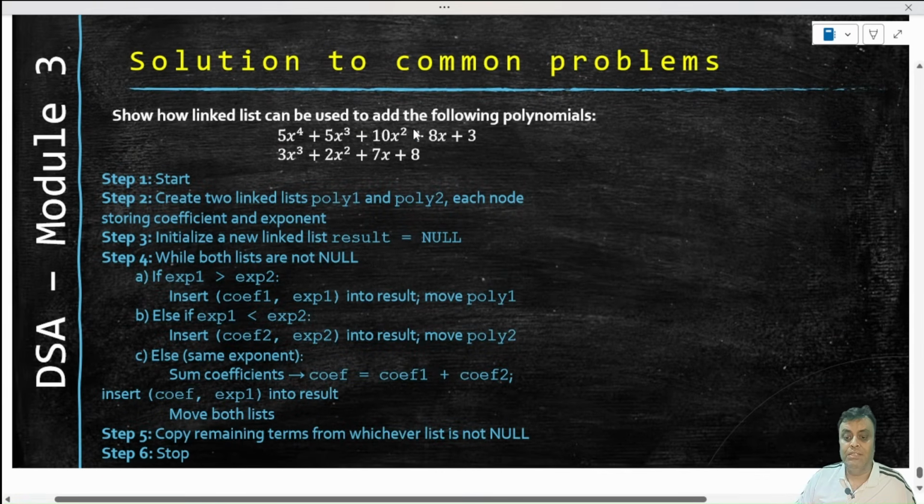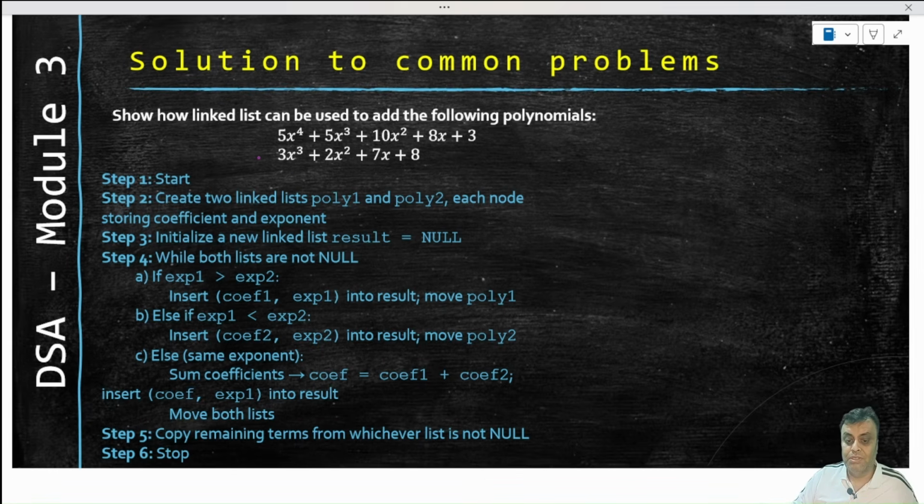Show how the linked list can be used to add two polynomials. So these are my two polynomials that are given to us. Notice that one of the polynomials has a variable raised to the power of 4, and the other one has a variable raised to the power of 3, right? So what we'll do is